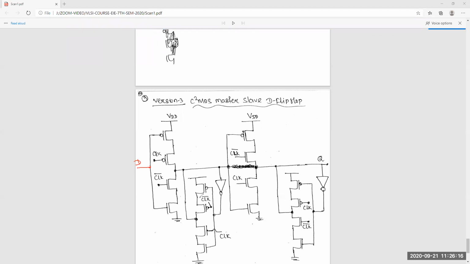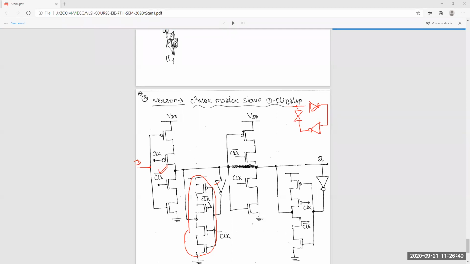These two are nothing but that inverter and that, and this is that top inverter.